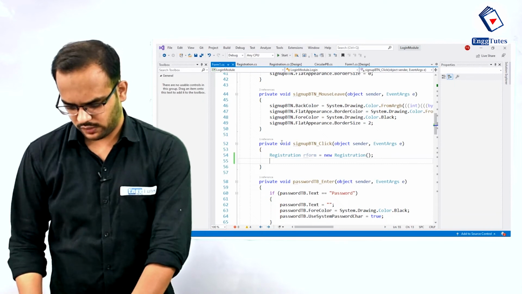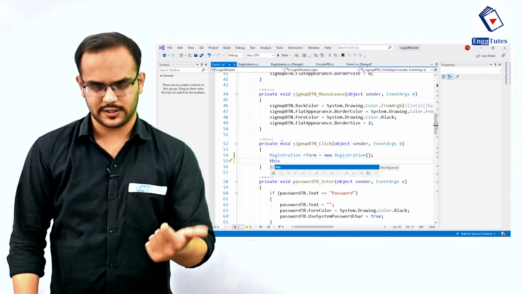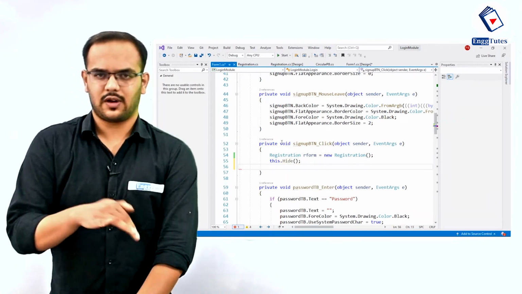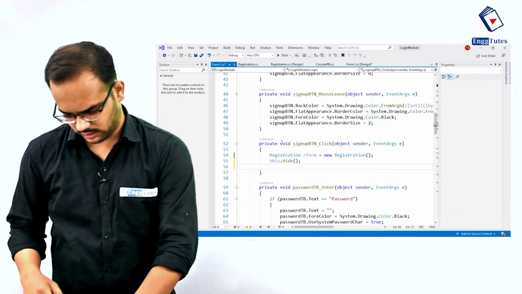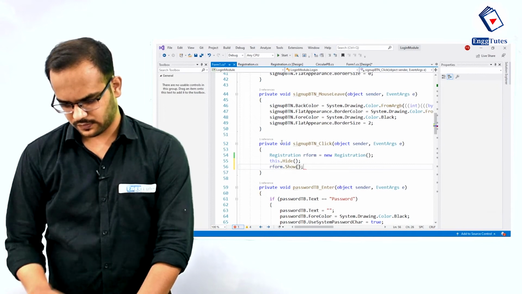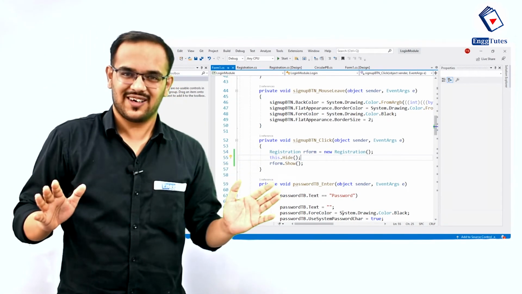Done. Then we have to close our current form. So this represents the current form, that is, login form dot hide, and after hiding it, we need to show the registration form. So our form dot show. Simple.